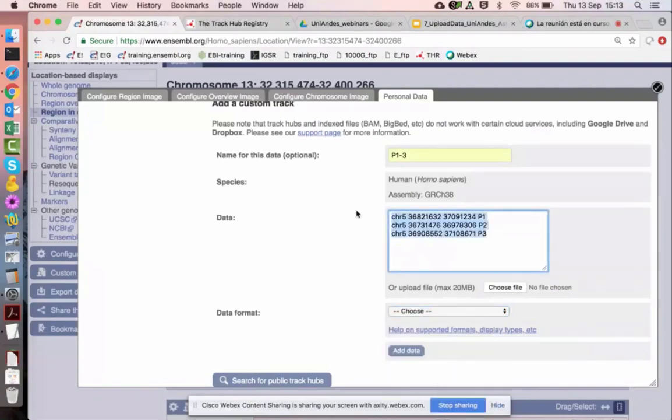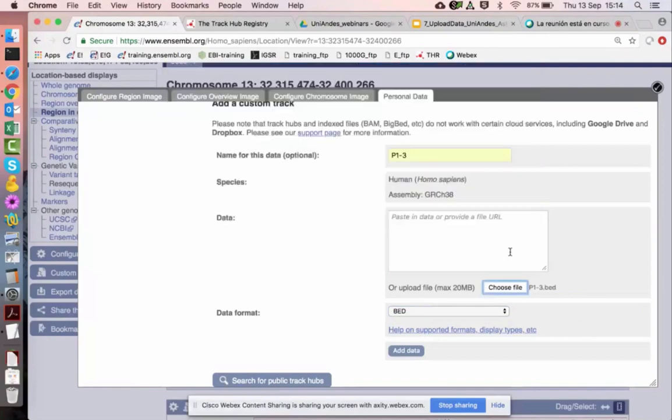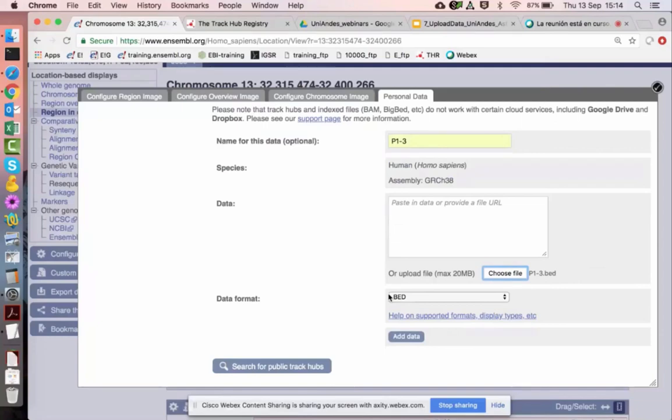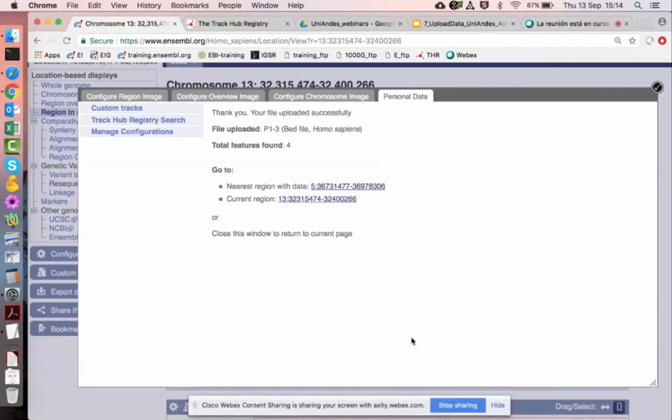The other option is, if I delete this, I can also go to choose file and just select my file. And now you see the format is recognized automatically as BED format. And then I just need to say add data. Click the button at the bottom. And this interface now tells me that my file uploaded successfully and that my nearest region with data is on chromosome 5. So I follow this link to chromosome 5,